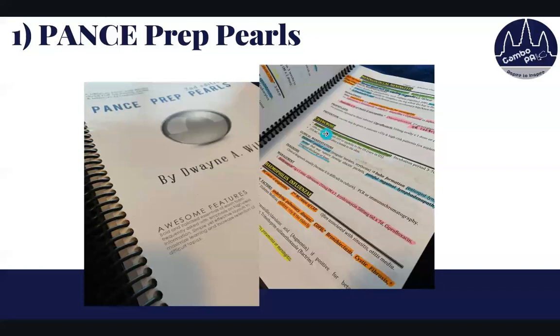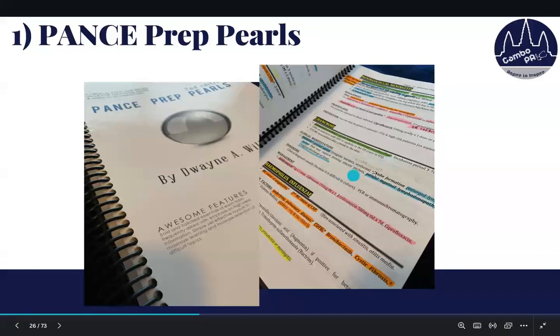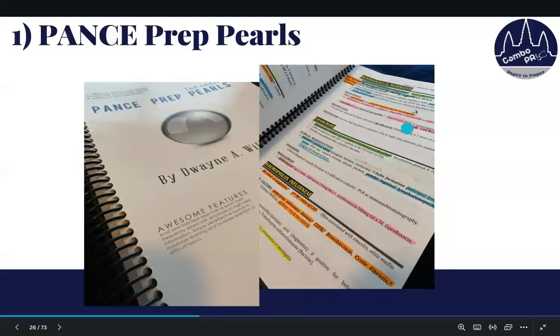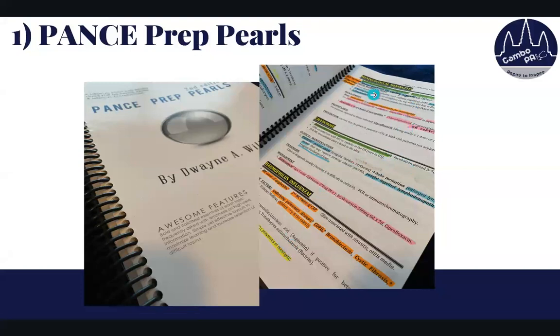causing this condition in green, and then physical exam or clinical manifestations, I would highlight in blue, and then management in pink, and the diagnostics and the testing, I would do that in orange. So this was early on before I got my system down packed, but essentially this is how I organized it, and I would